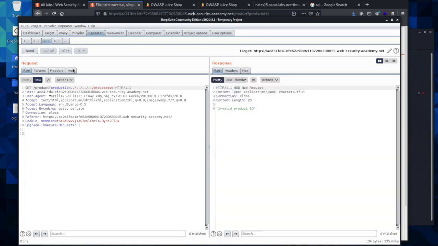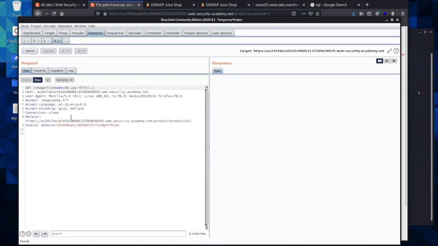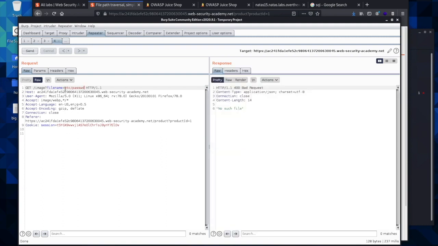Okay, so we're getting a bad request. What we'll do is we'll go over to our other GET request, and we'll go ahead and do the same thing. I like to go ahead and start out just like this, and then add to the path traversal as we go. And so I just